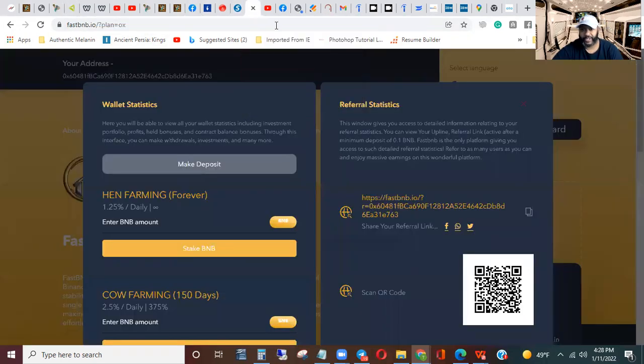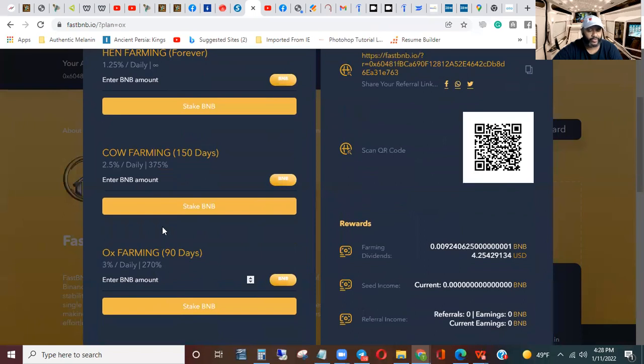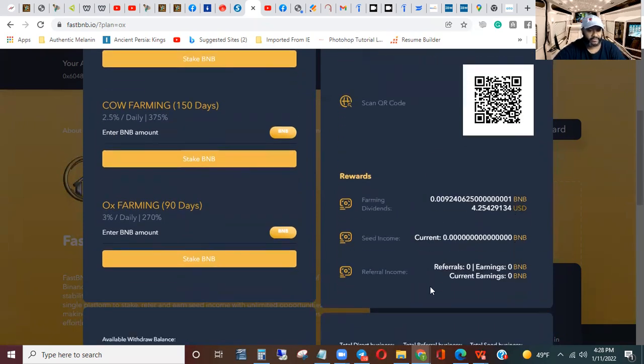But another thing I wanted to show you is because I joined, right? I was like, okay, I'm gonna join the farming, and I'll put in 3 BNB. And probably tomorrow I'll see my funds and I can withdraw tomorrow. I had no idea that I was only watching my money grow right here. Let's just let it sit there for a second. I just did this not too long ago. I put this in here, and I'm already up to $4.25.